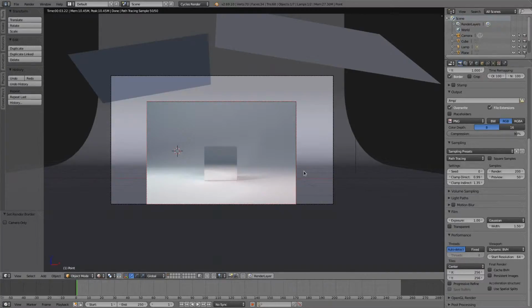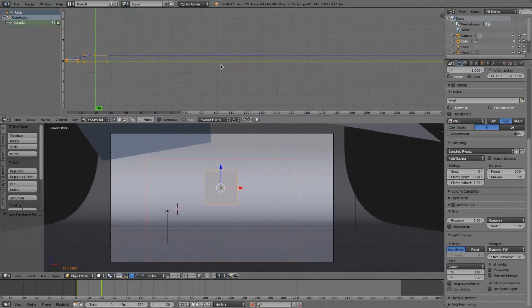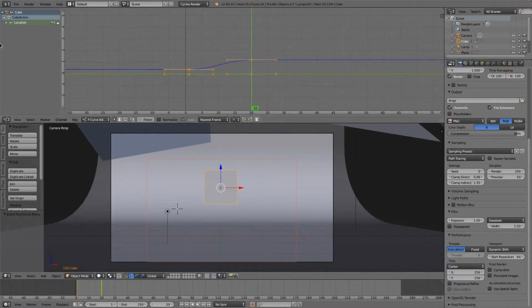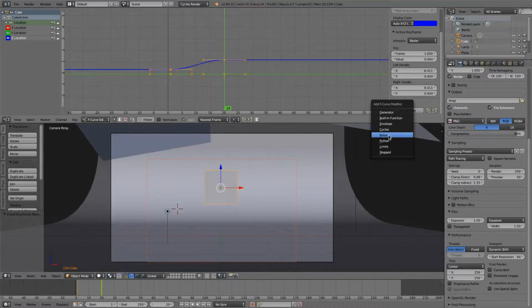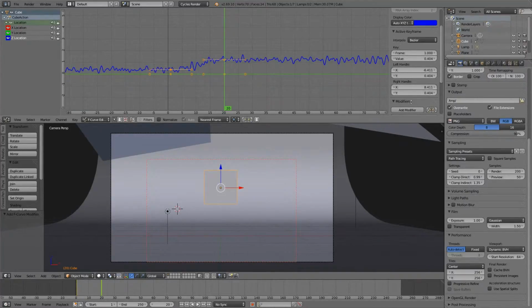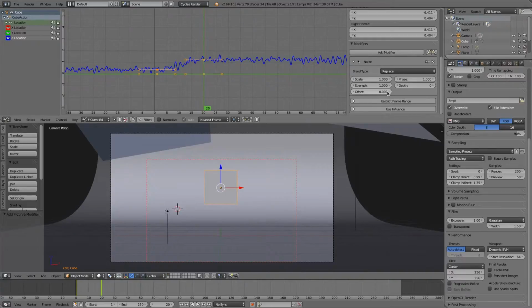And you already know that modifier, but let me just switch to it. So let's add a location keyframe here and a location keyframe there. And then switch to one of the curves here, and we are using the Z location curve now, adding a modifier, and that will be the noise modifier. And normally when you add this noise modifier, then you wouldn't have this offset value, and with this value you could offset this